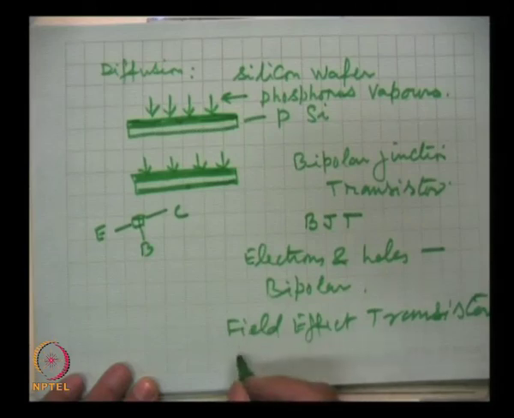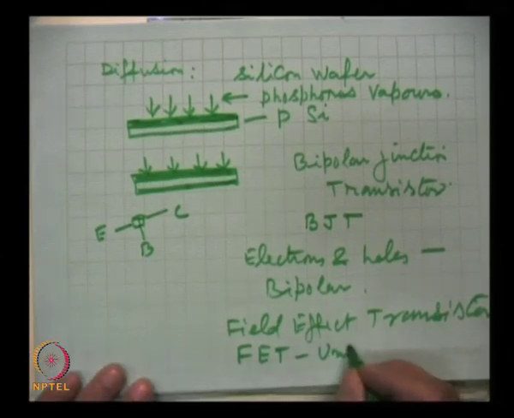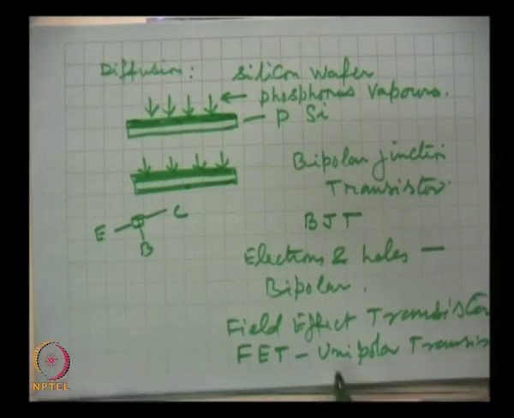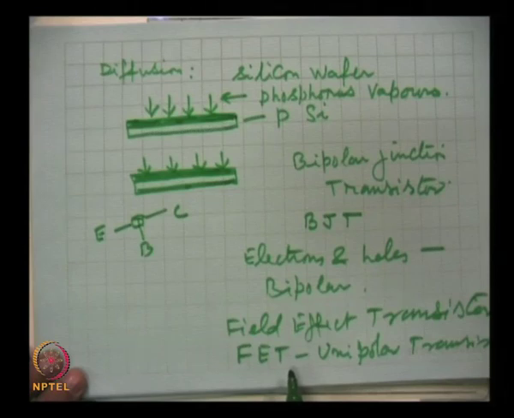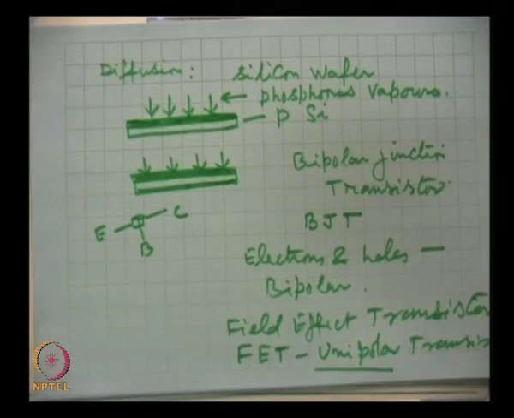which is popularly called FET, is a unipolar transistor. For the operation of a FET, either electrons are required or holes are required, but not both simultaneously, and that is why it is called a unipolar transistor. So, this is the brief introduction to the transistors. Now, let us see